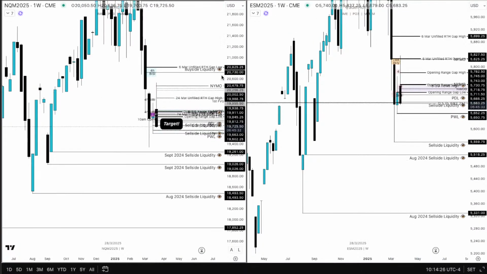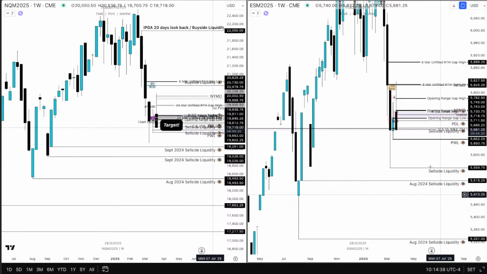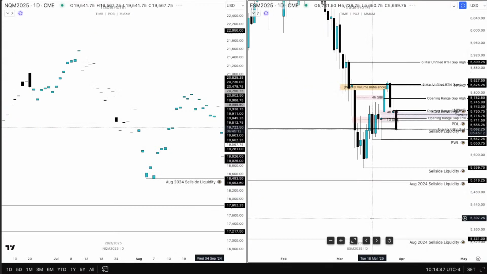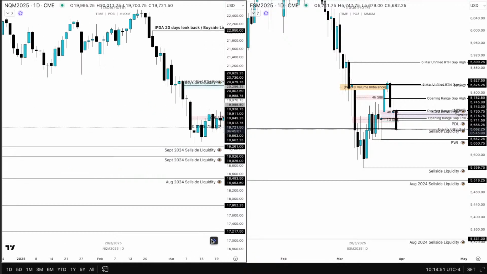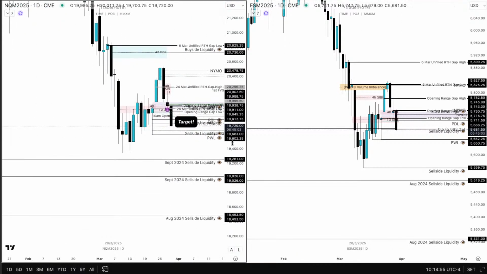If you look at the weekly, it's just doing this drop, retrace, right? And the next will be drop again, right? I think price will deliver to these lows. It won't be this week or next week, but I think it will. If you look at the daily as well,